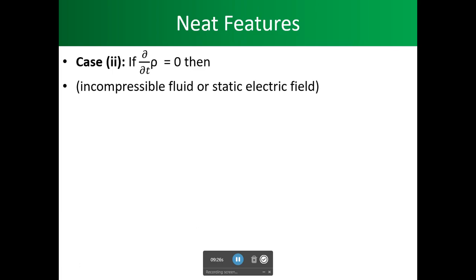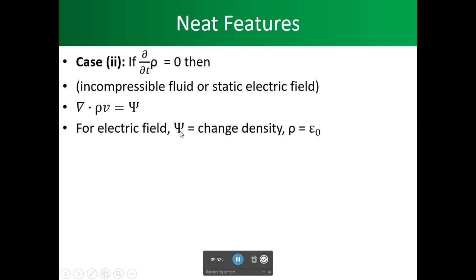Then you have incompressible fluid or static electricity that you're modeling. Okay? So now what you have is the divergence of rho times velocity,